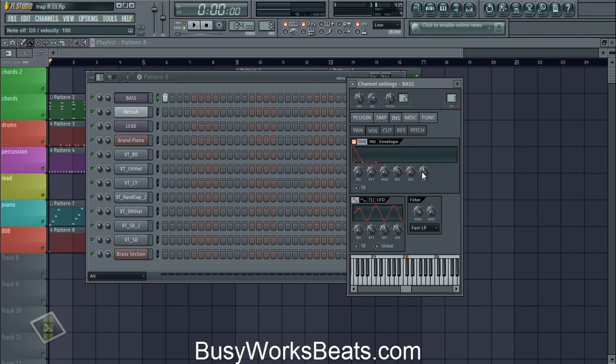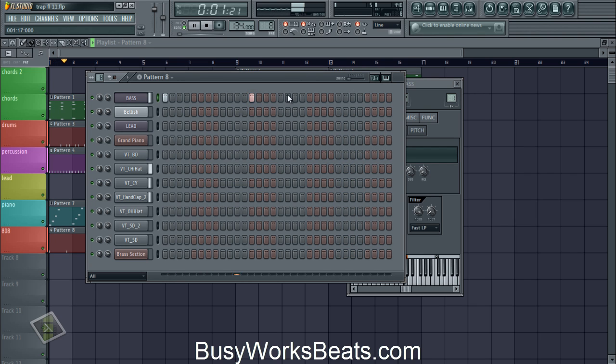Okay, it can get muddy very quickly with that release, so be careful of that. An easier way is just turn your hold all the way up and just manipulate the bass that way. It's a lot easier. So that's the pattern we're going to use.